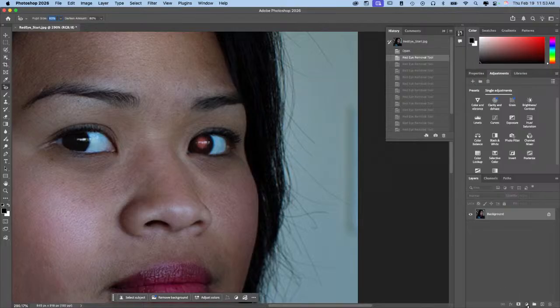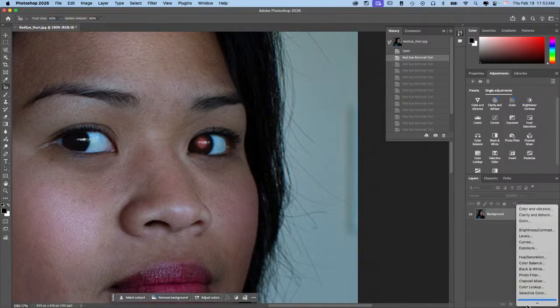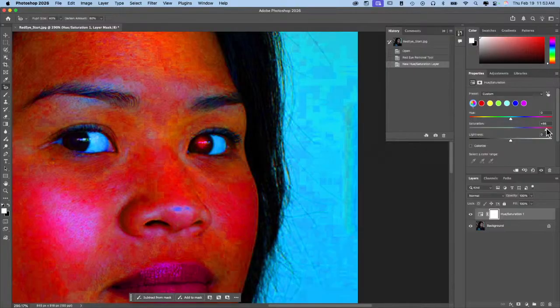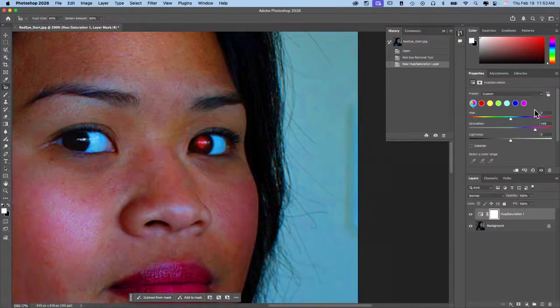I'm going to click down here at the bottom of the adjustment layer, the black and white cookie, and get a hue saturation adjustment layer. I'm going to click on the mask thumbnail, where everything is white, meaning everything is revealed. So any change I make is in the whole image, right? But if I use the mask,